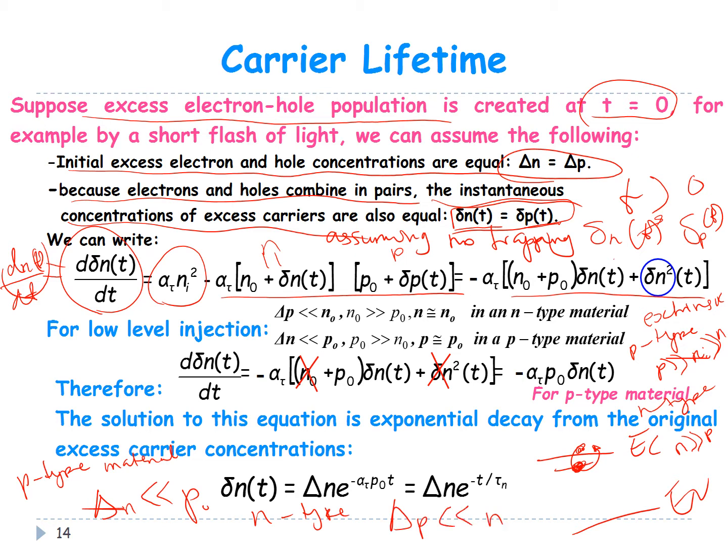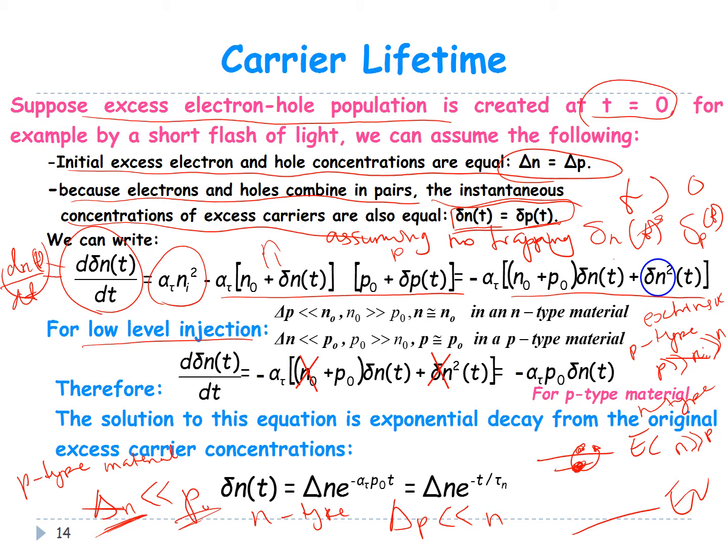So we are going to assume these two conditions: the condition of an extrinsic material where the majority carriers are much larger than the minority carriers, and we are also going to assume low-level injection where the excess carrier concentration is much smaller than the majority carrier concentration. So if we assume that, you will find that